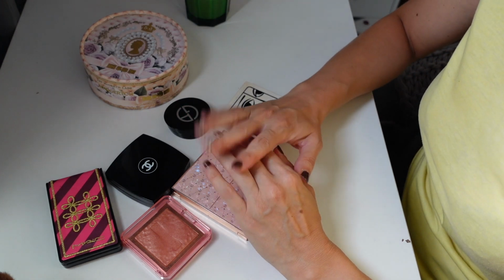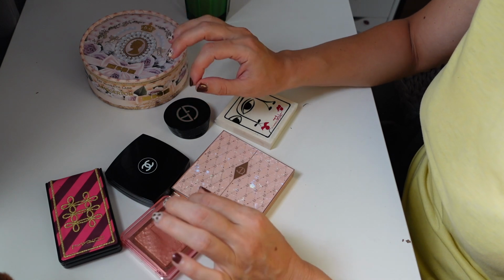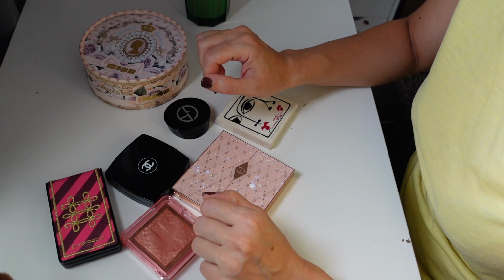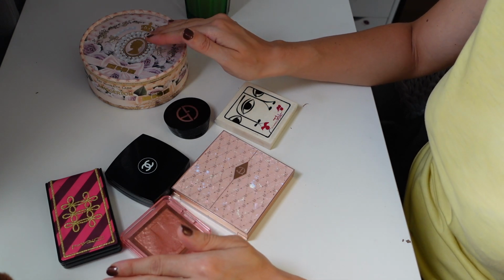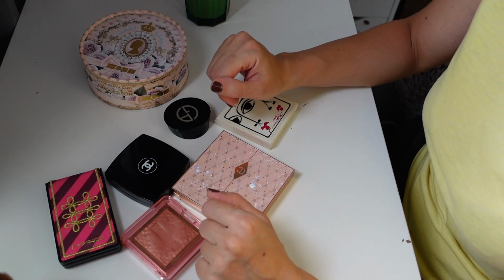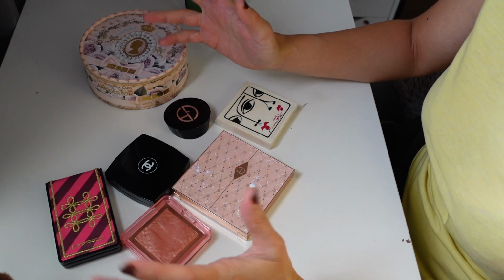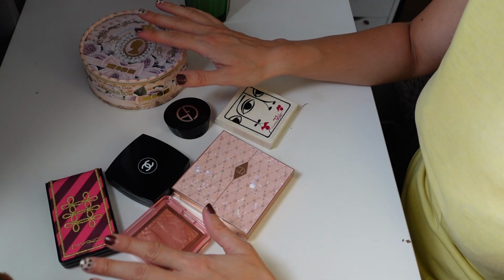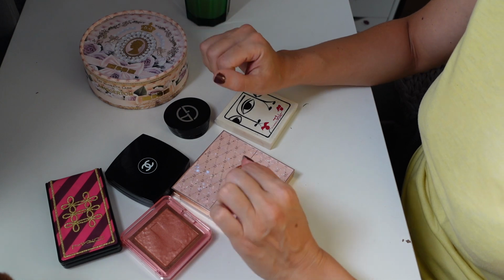So today the idea is that I'm going to basically swatch all of my powder blushes. I don't think I'm going to do the cream blushes today. Maybe we can leave that for another small video later on. But today I'm just going to swatch my powder blushes and we are going to swatch through all of them, talk about the different formulas, the different finishes, the different colors, a little bit about my color preferences, and you will definitely see that I have a certain color family that I prefer when it comes to my blushes,